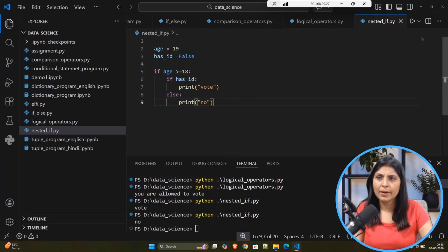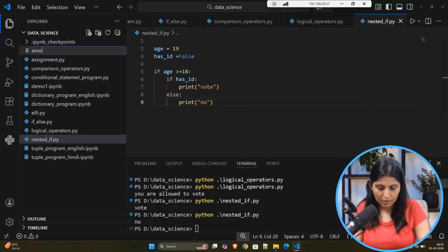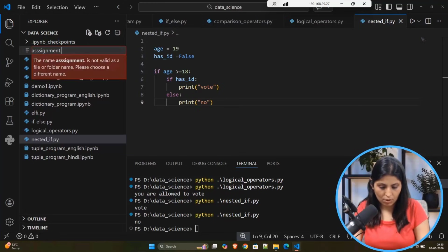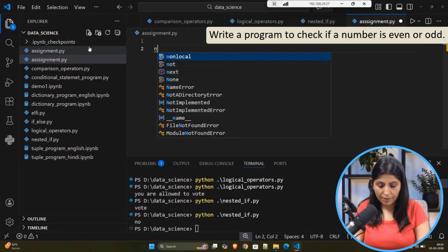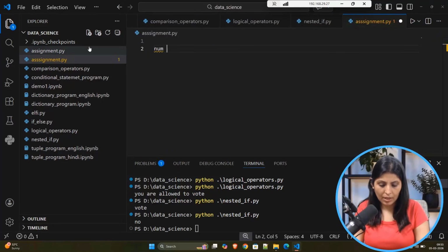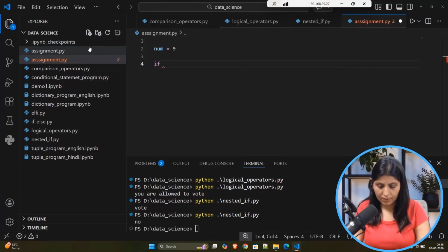Now let's do one assignment. For that, create a separate file and name it assignment.py. The assignment is to print even numbers. Let's say we have one variable num, and inside that variable we have 9. Now we need a logic to find out whether this number is odd or even, and for that we use an if statement. So you will write: if num divided by 2 equal to 0, then print